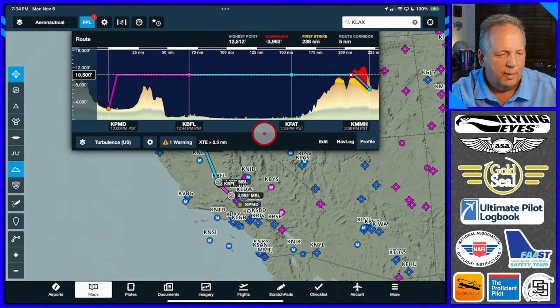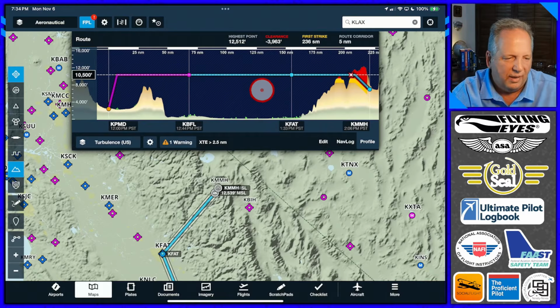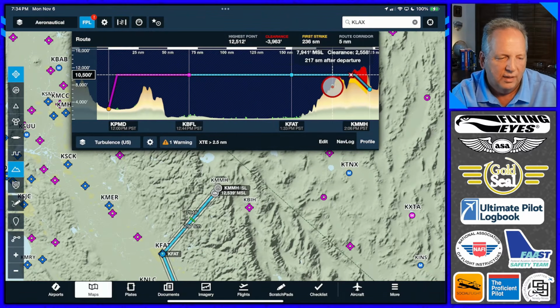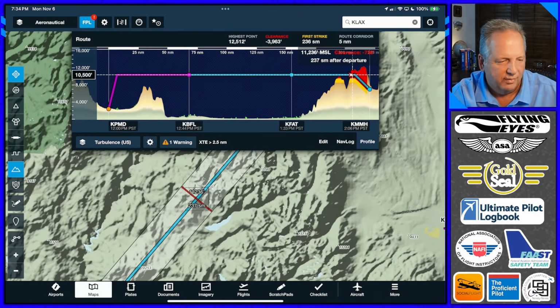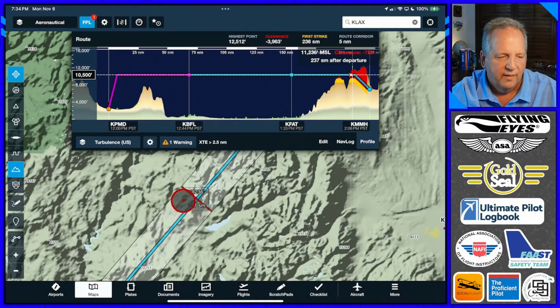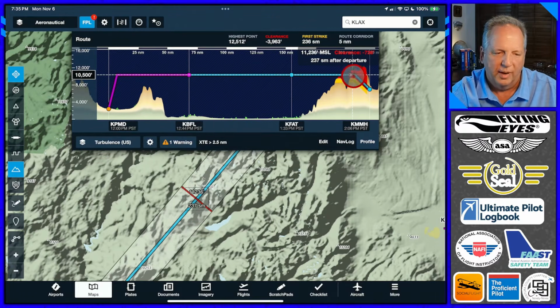So where is that on my map? I can kind of zoom into that leg where I know it is. I can tap in this window and drag my finger along, and you can kind of see the little marker going across the route, and where it turns yellow and red. Well, that's a problem right here, and I can zoom in on that, and that's where I'm going to hit that. Somewhere in this corridor, the terrain is protruding my altitude by that much.